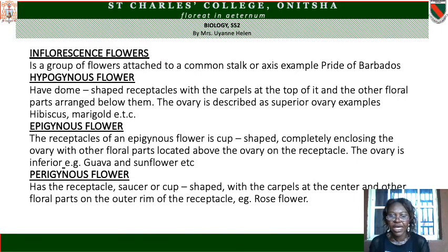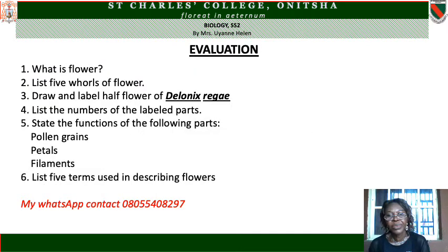In that type, we have the rose flower as an example. The rose flower is a perigynous flower. Okay, I hope you're following. Now these are all the terms used in describing flowers. I hope it's well understood, and I'll evaluate you